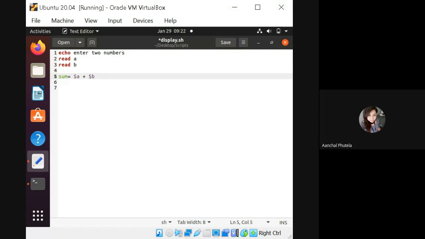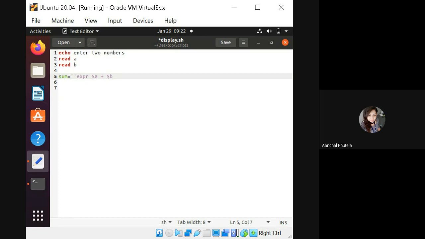So for calculating expressions, expressions सॉल्व करने के लिए हम एक कीवर्ड यूज करते हैं, that is expr. For performing any operations, we are using the keyword expr with a tilde symbol. But I'm saying here tilde, not comma. Comma नहीं, single comma नहीं, tilde symbol use करते हैं.